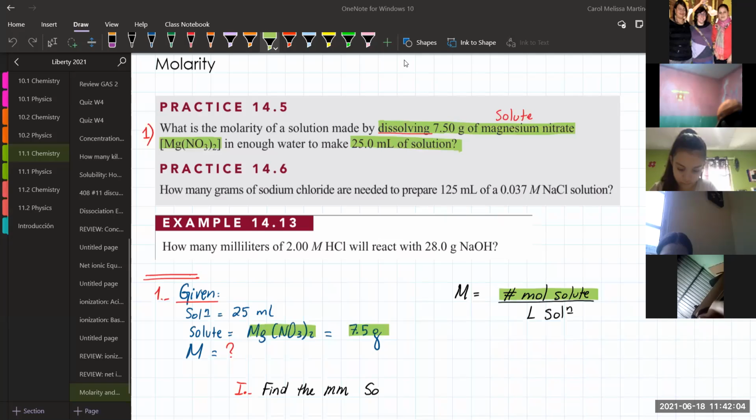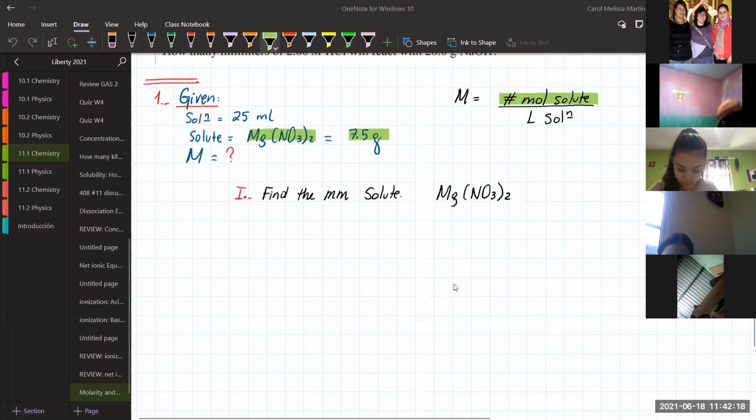Okay? So, the solute is magnesium nitrate, and that is a chemical composition. So, with this chemical formula,